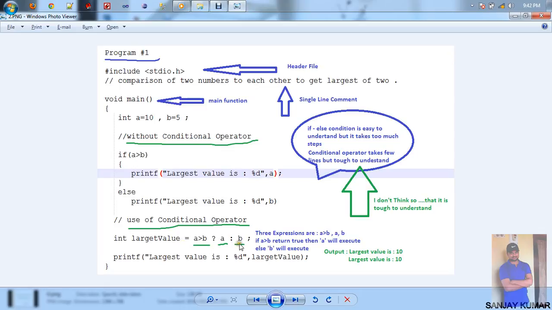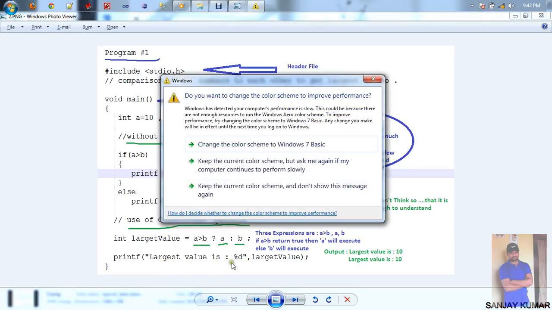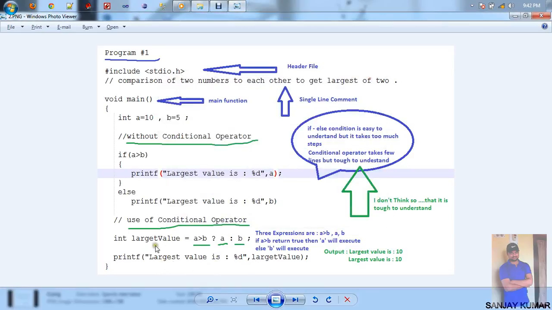If 10 greater than 5 returns true, then a, meaning 10, will be executed; otherwise if it returns false, then b, meaning 5, will be executed. Since 10 is greater than 5, a will be executed, so largest value contains 10, and we got the output as largest value is 10.